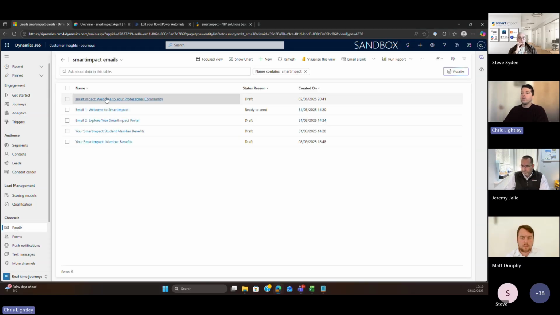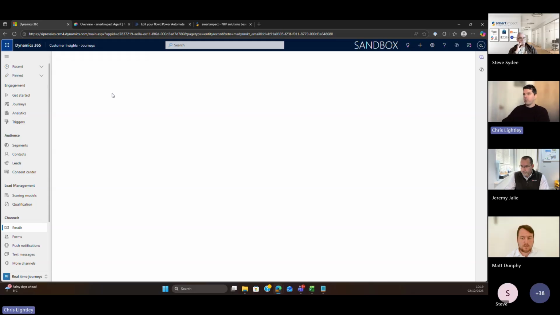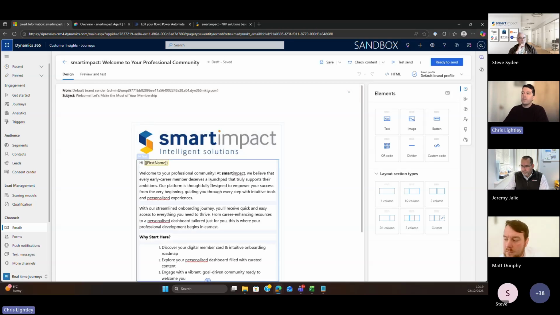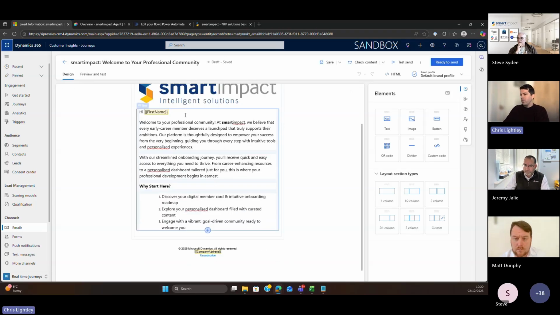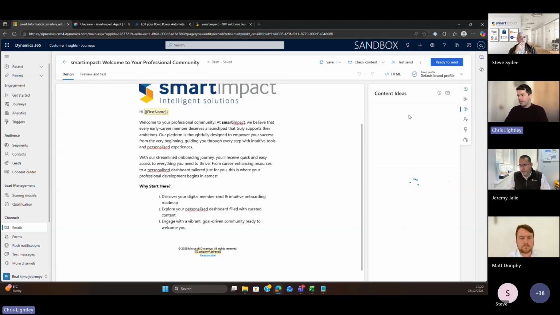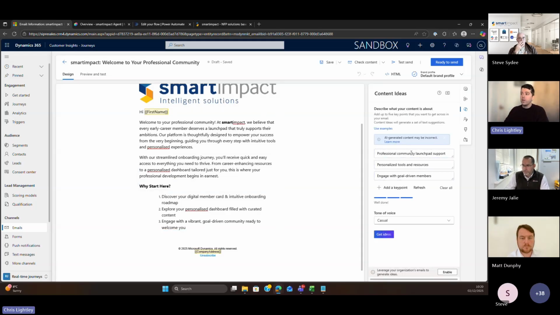I'm going to go into one of our very generic smart impact emails, which is just a welcome to your professional community. So this is an email that I've drafted previously. So we've got some personalization in terms of the first name, things like that. But down on the right-hand side, we have content ideas. And what content ideas does is it uses Copilot to have a look at what you've already written and pull out some keywords, or you have the ability to add some new keywords in if you want to as well. From there, we can then change the tone of voice. So if you want it to be more formal or adventurous, I'm going to leave it as casual because that's how we get the most